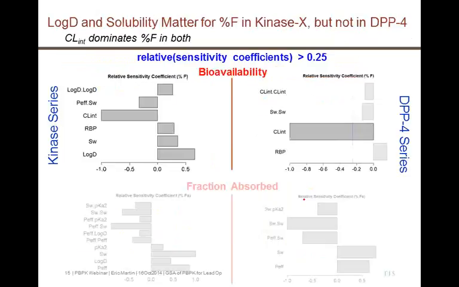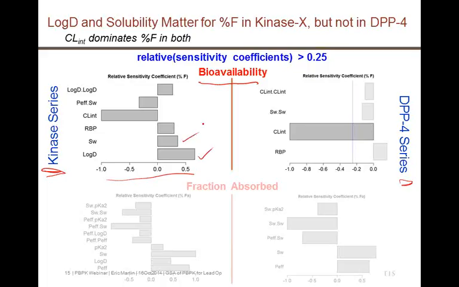So that's the method, and now we can apply it to our two cases. Looking at the bioavailability for the kinase series in the left plot versus the DPP4 series in the right plot. First of all, for both of them, the most important property is intrinsic clearance. But after that, in the kinase series, what are shown here are the coefficients, the lengths of the bars are the size of the coefficients or the sensitivities of the other properties which were at least 25% as big as the intrinsic clearance. And you can see that the distribution coefficient is almost as important as the intrinsic clearance,